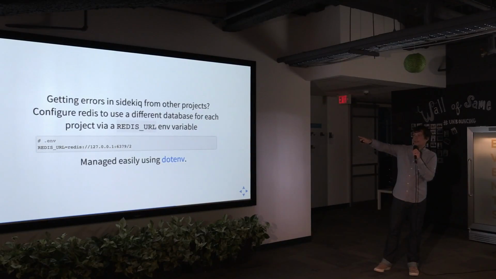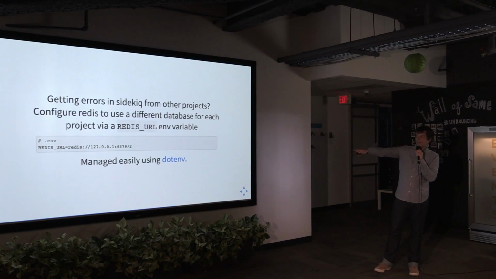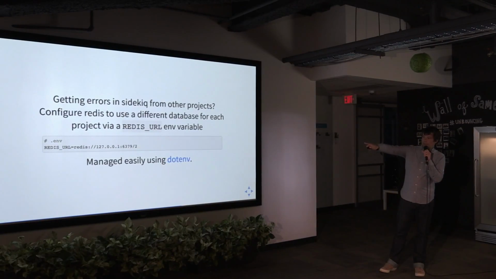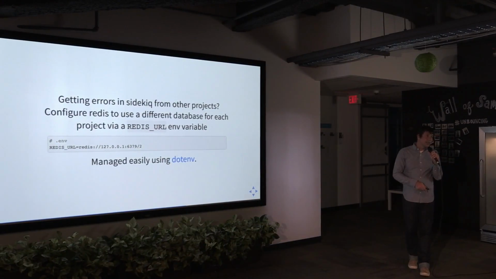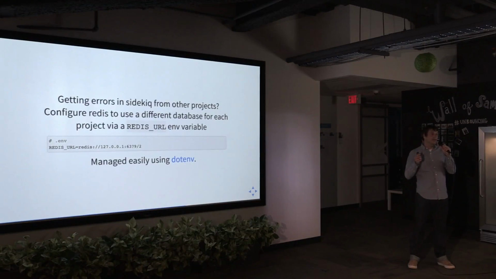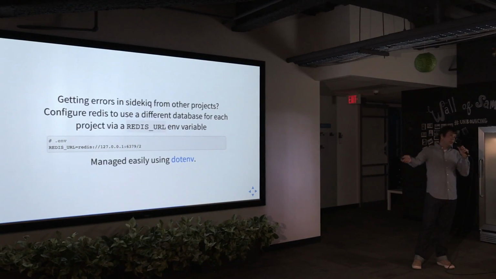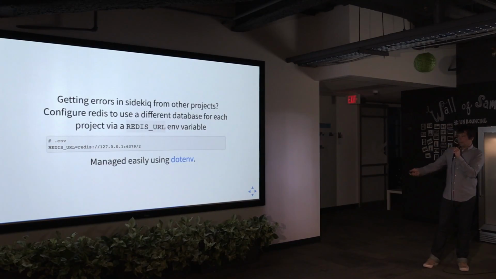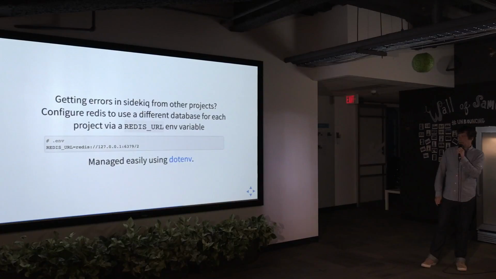That 2 on the end is saying use the second database project. So you can set up an environment variable, Redis URL, in each of your projects and make sure that all of your Redis databases are partitioned and you're not sharing the same database for all your projects, which is what they would be out of the box. You can set up that URL in the environment variable really easily if you use Brandon Keeper's .env project, which